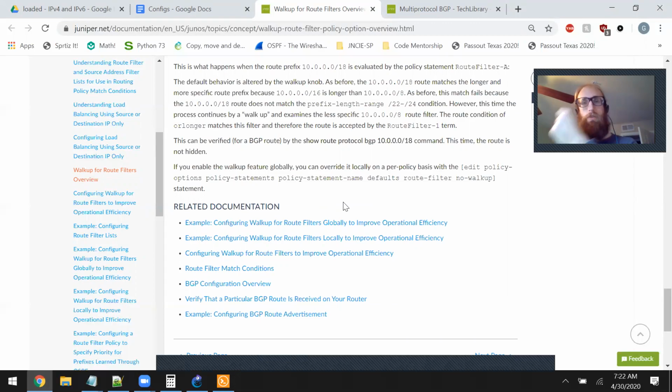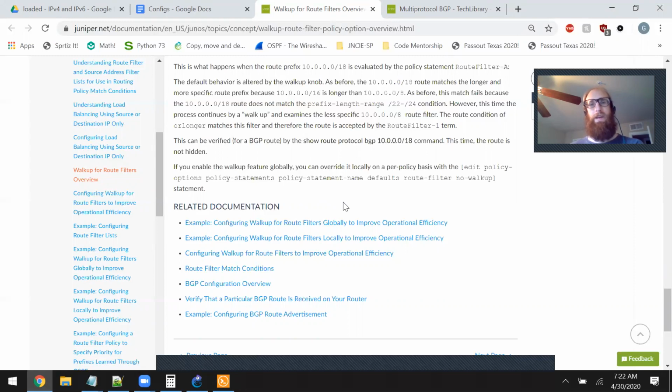As before, this match fails because the 10/18 route does not match the prefix length range /22 through /24 condition. However, this time the process continues by walk up and examines the less specific 10/8 route